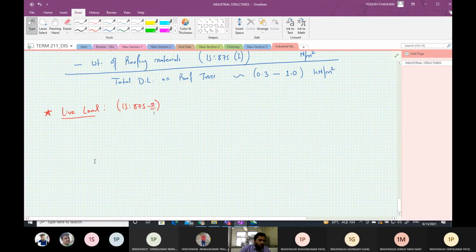So we have two criteria for live load. Live load is equal to 0.75, or simply 750 Newton per meter square, if the slope of the roof truss is less than or equal to 10 degree.